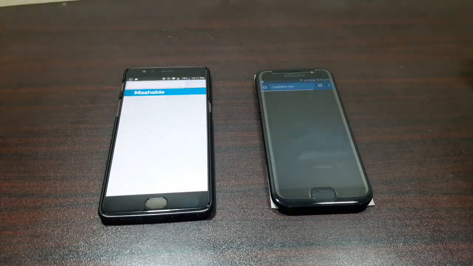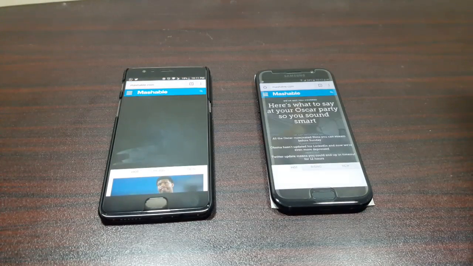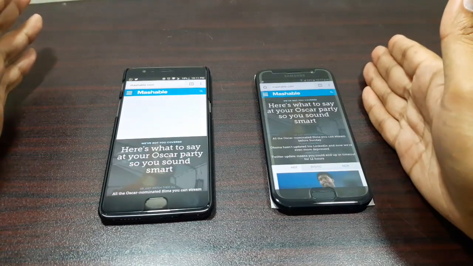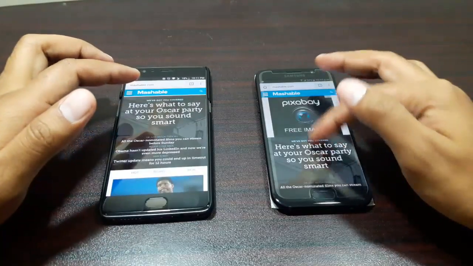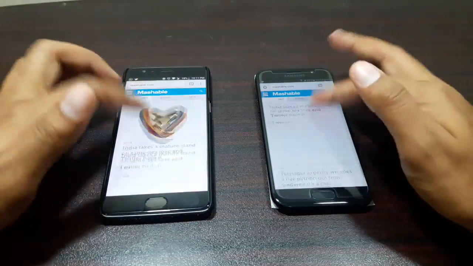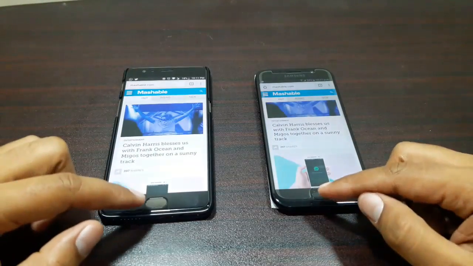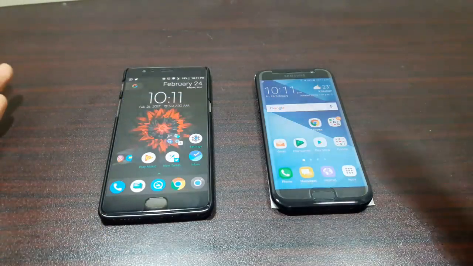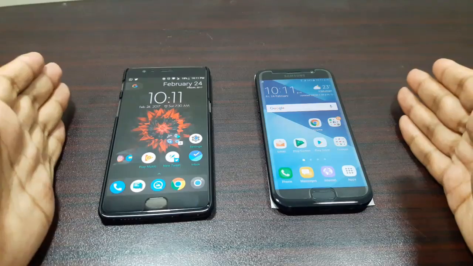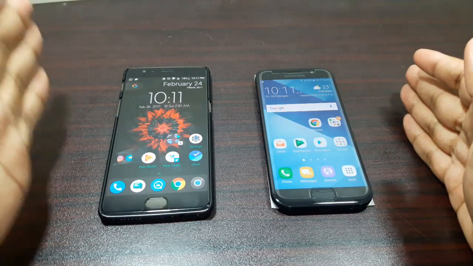And we have Mashable now, and I think again A5 was ahead of OnePlus 3D in launching this website. So there you go, guys. We have both the devices pegged against each other. I think A5 did really well against OnePlus 3D,